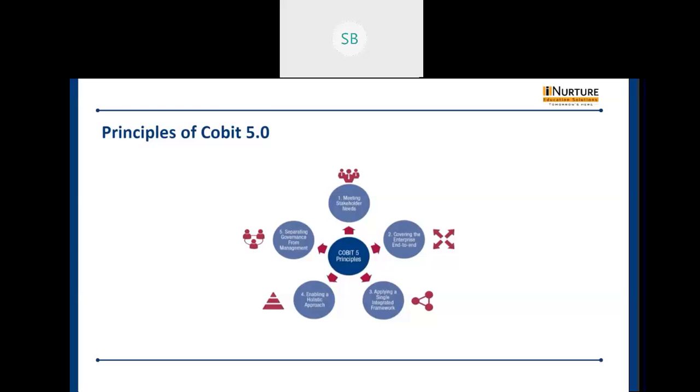Next, we have applying a single integrated framework. So this COBIT 5 helps in alignment with a whole range of the latest standards and frameworks. It will help in the alignment of the latest standards with the frameworks. Okay, so it will basically align in the area of IT governance and security. It also integrates the knowledge previously